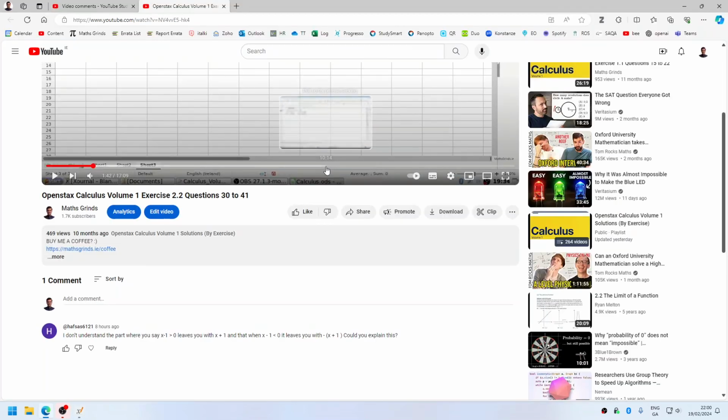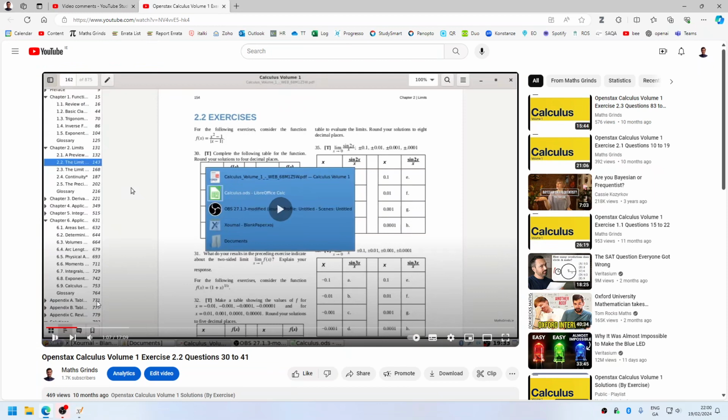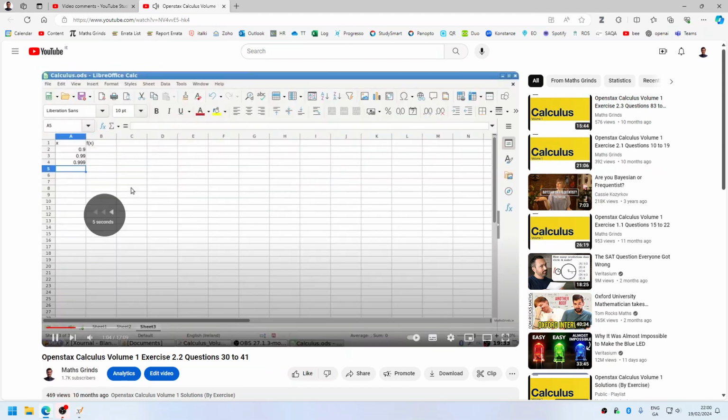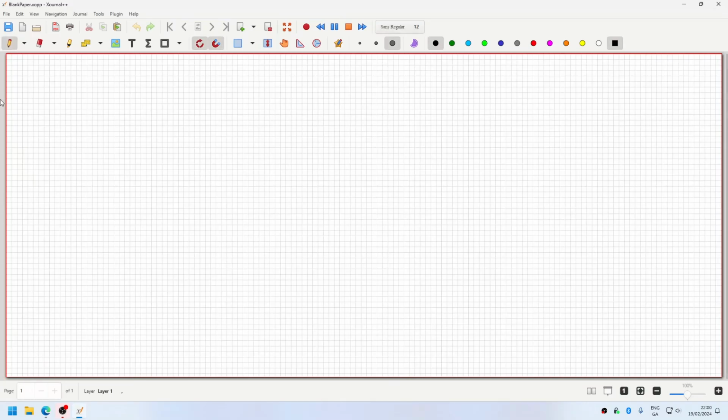Okay, so there's a question here, a comment, and I think I get what you're saying. Probably relating to the modulus or the absolute of x minus 1. So here's what's happening. Let me just pause this. Here's what's happening. So if you have absolute of x minus 1,